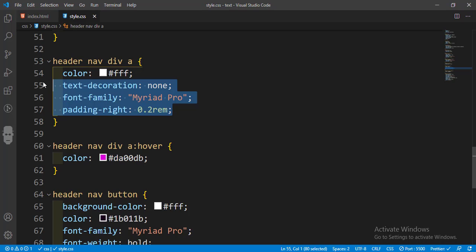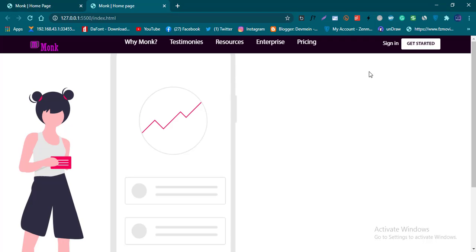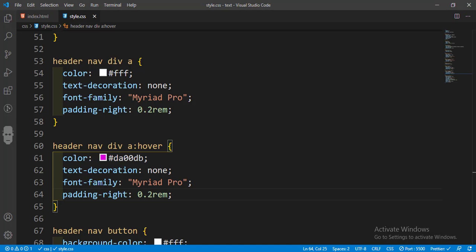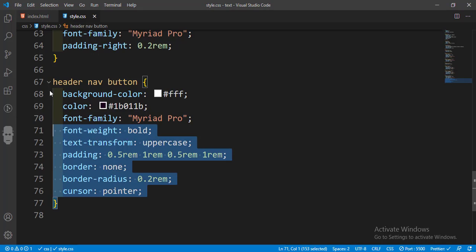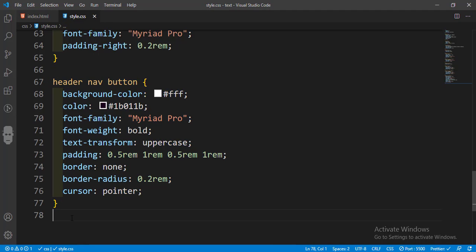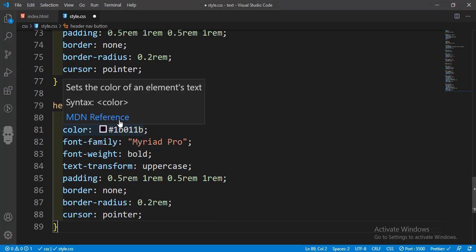Let me save it. I'm not having a good relationship there, so let me save it and thus I come here, and here remains this one. So what I'll do next is scroll down here and copy all these ones, copy this, and put it down here. Right, so I'll just copy,